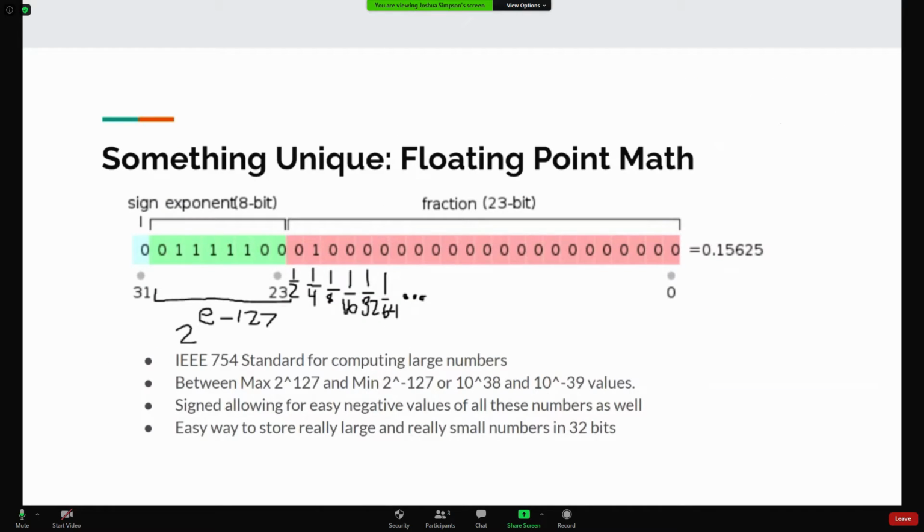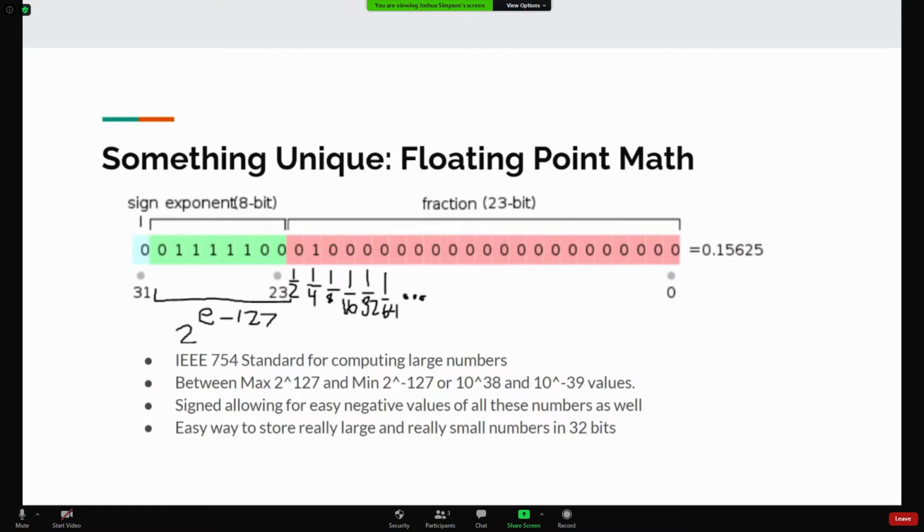Yeah. And now, moving on to something unique. Something that makes us different from the 233 ALU is that these SP units also do floating point math. Floating point math is different in that it's 32 bits. There's 1 bit designated for the sign, 8 bits designated for the exponent, and 23 bits designated for the fraction or the